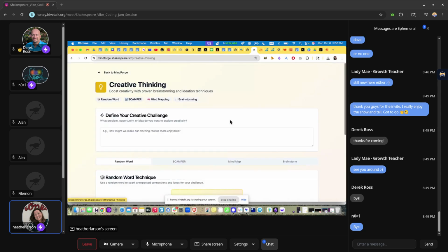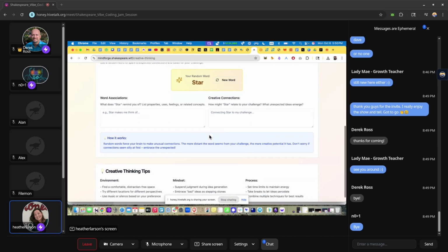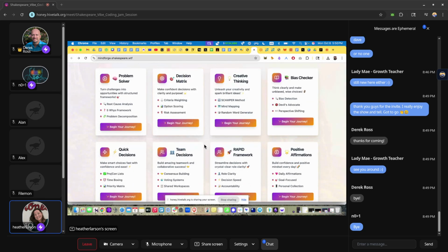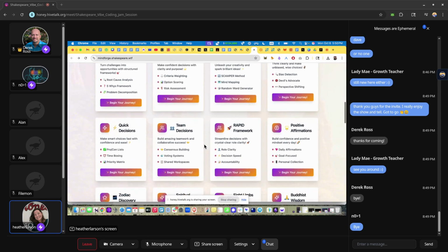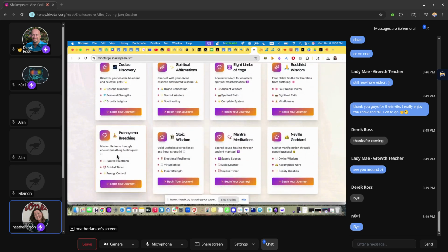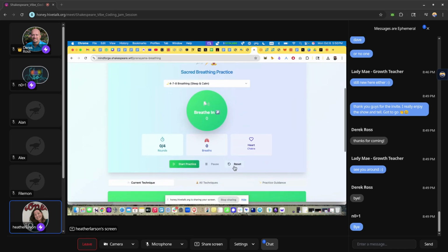There's different methods here for creative thinking, random word techniques. And it just kind of, to my surprise, worked. And I'm like, okay, I'm going to stump it. There's no way it's going to be able to do, for example, breathing. Because I've tried to do this before with a little breathing timer. I made a couple apps like this and